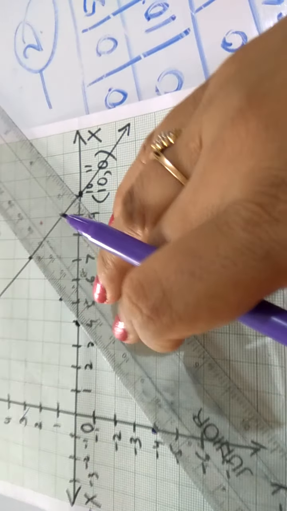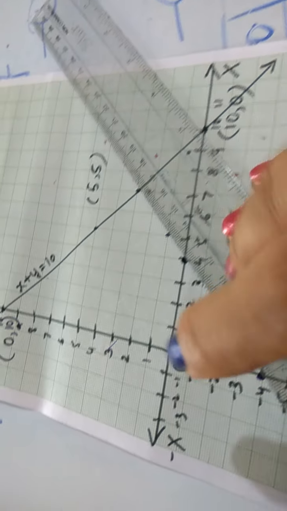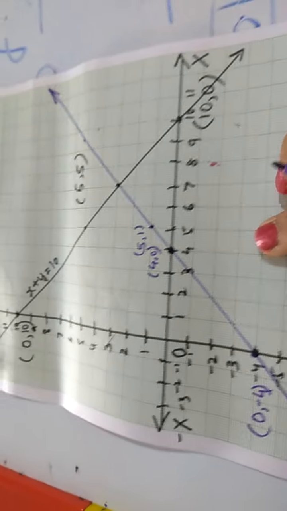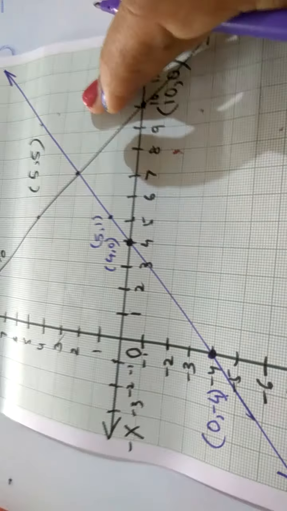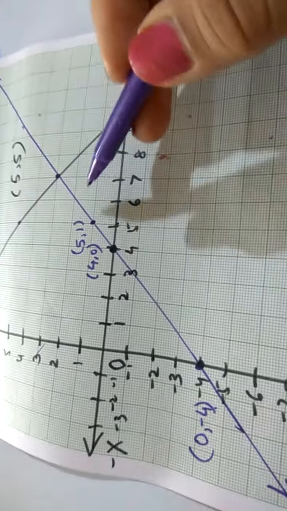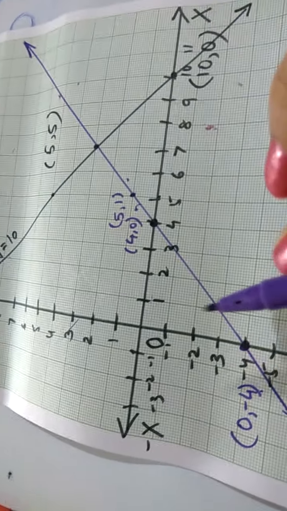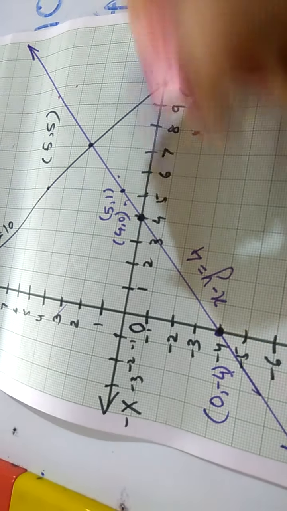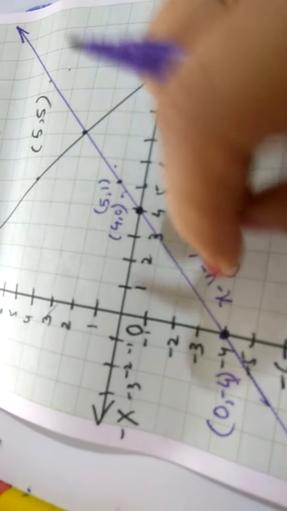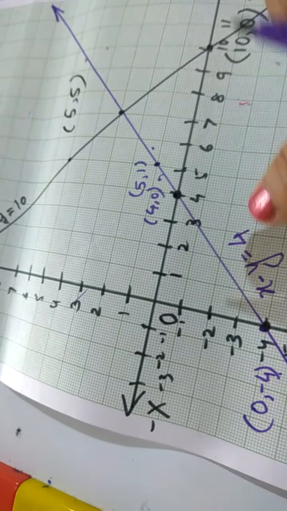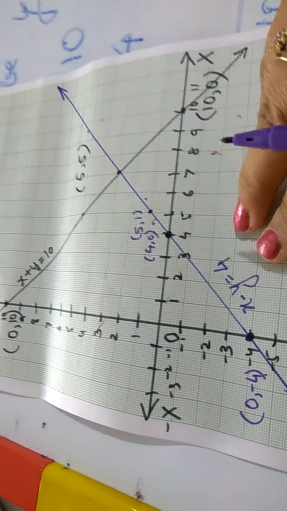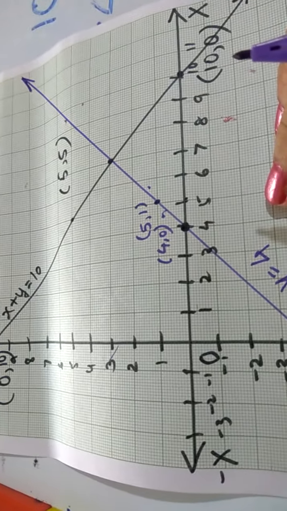So I have arranged the ruler with these 3 points, and then I will just draw one line and join it. Thus we see that this is the second line that we have got. We will denote all 3 points that we have taken, and we will write the equation for this: x minus y equal to 4. We must write the equation corresponding to the line we have plotted, like I have done here and here also, at any appropriate place. And we have to denote all the points in x, y form.